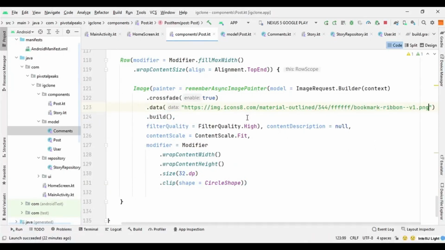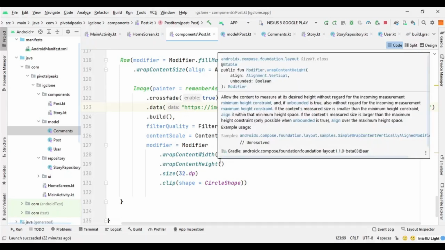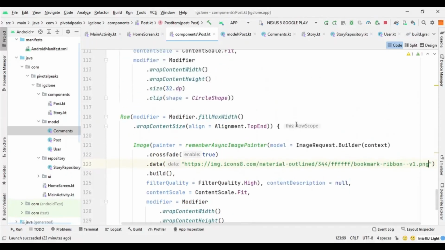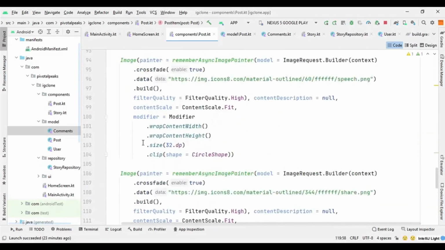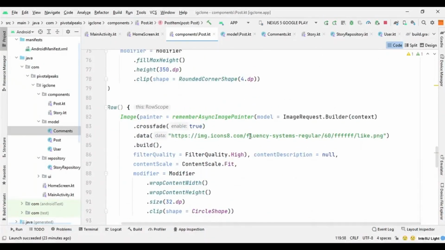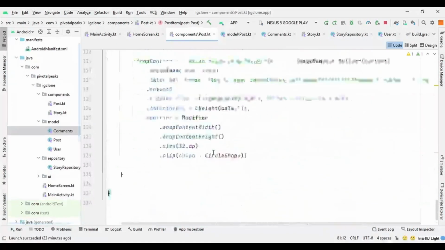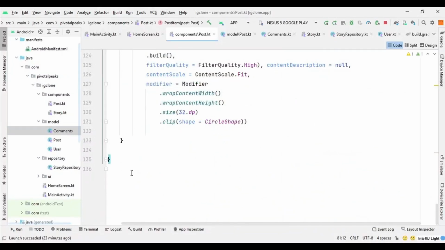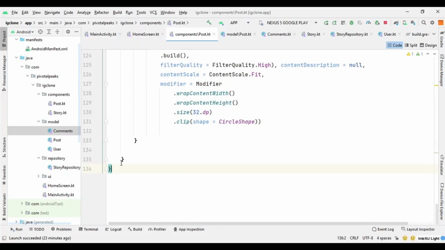So after this we need to display the amount of likes. So after this row, no, not after this row, after this row, yes, after this row. That does not look right. Okay, fine. So after this row we can